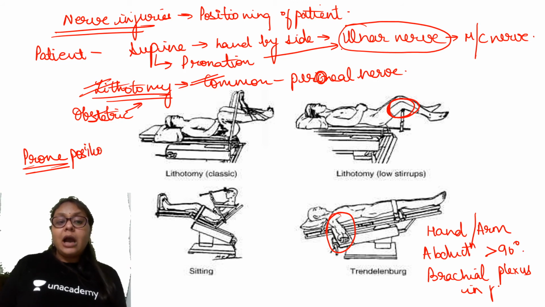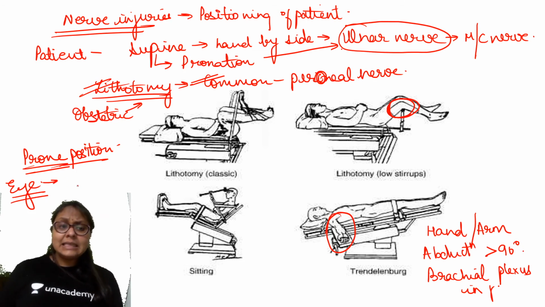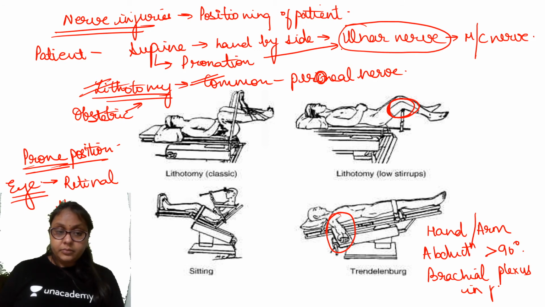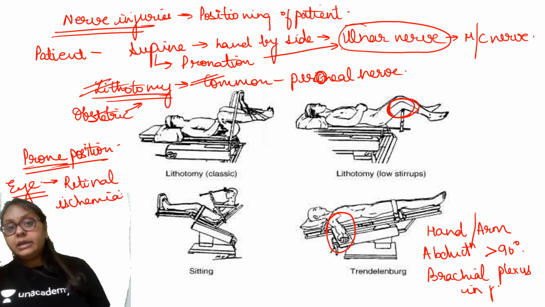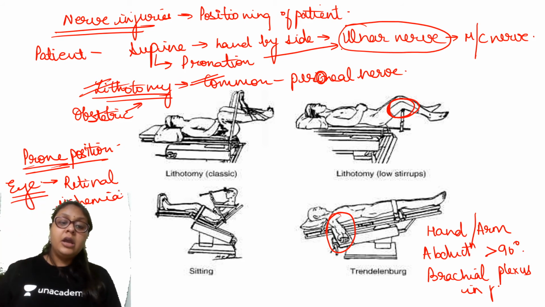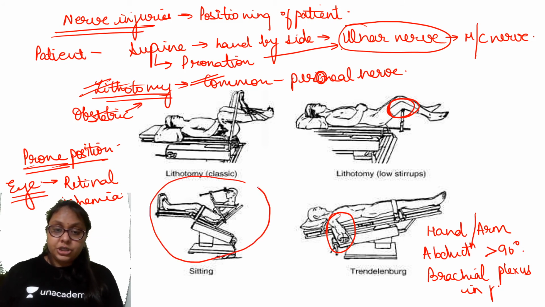okay, then quite a lot of pressure comes on the eye, right, on the eye, and it can cause ischemia. Okay, it can cause retinal ischemia because of the decrease in the blood supply. So these are the injuries which can occur. Now coming to the sitting position,